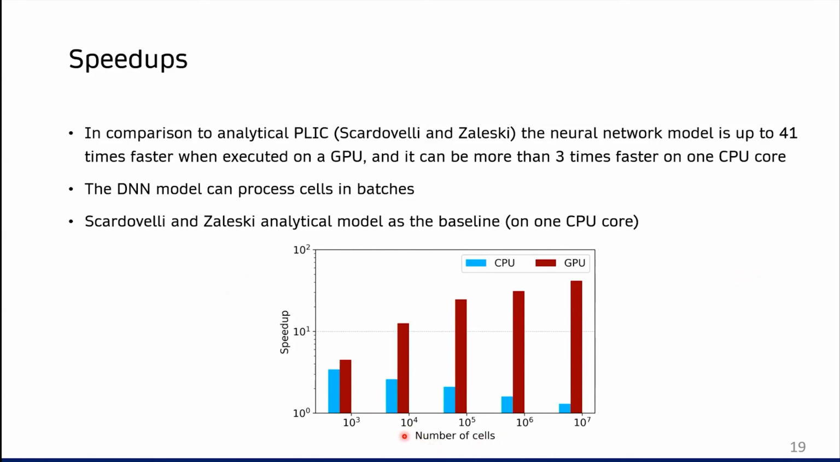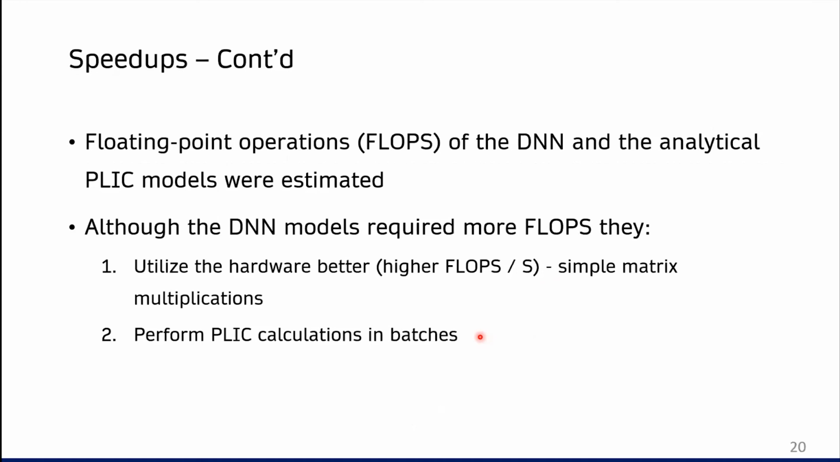We ran it for different numbers of cells. As you can see, when we increase the number of cells, the speedup increases, and that's because the neural network is able to calculate all of these PELICs for all the cells in batches. So yeah, we investigated why we observed this speedup. In our earlier work on PELIC, because at the end we get a neural network that can solve PELIC, we investigated this and we found out that